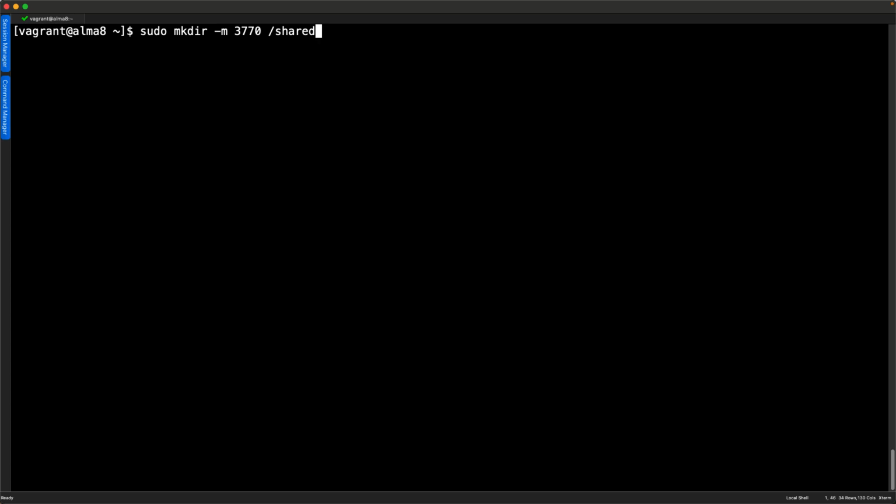When we look at the permissions, if we concentrate on 3770, that's the mode or the permissions that we are setting. We've used 4 numbers where you might be more used to 3 numbers. Looking at just the last 3 numbers, 7 is read, write, and execute for the user owner. The middle 7 represents read, write, and execute for the group owner. And 0, of course, is no permissions being set for others.